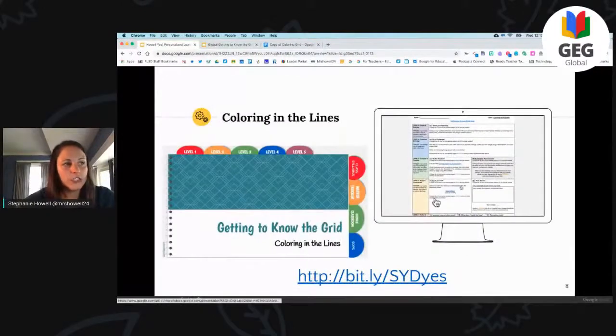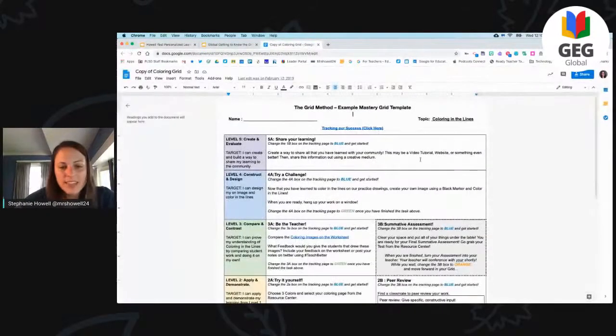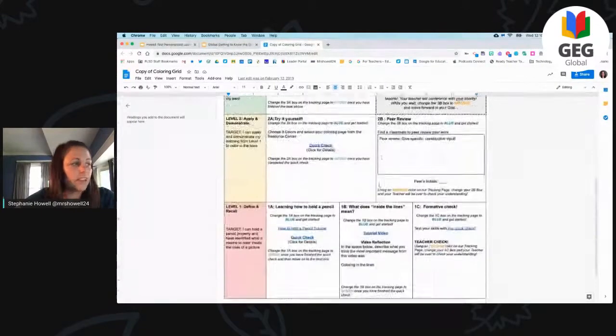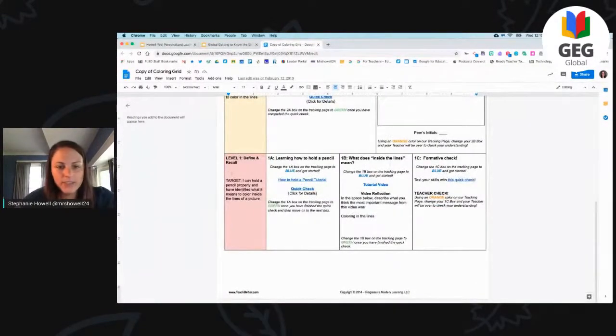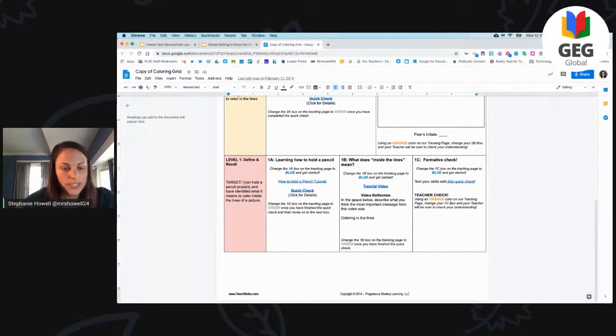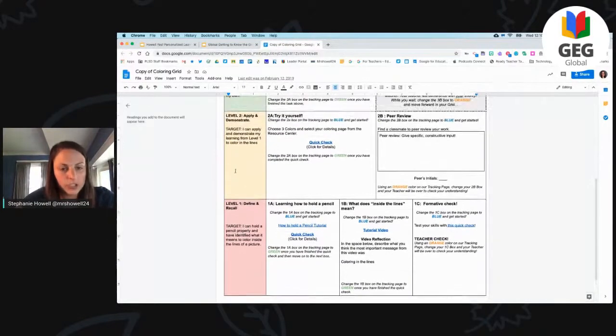So here are two models of the grid method. This is the first one that I used in my classroom. On the grid method, down here we have level 1. So this is the basic recall. It goes with DOK. So DOK level 1 is the red. DOK level 2 is the